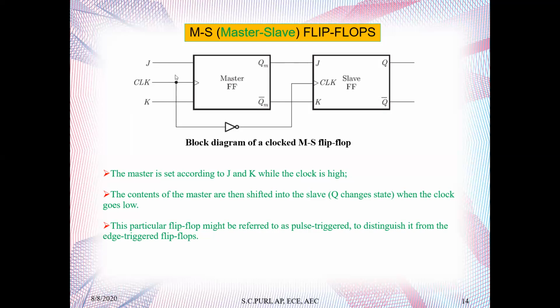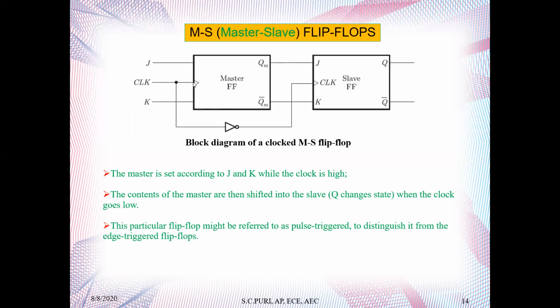And suppose this is 1. So when the clock goes from 0 to 1, that is positive edge triggering, it will be activated and you will get the output here. But as soon as it goes from 1 to 0,